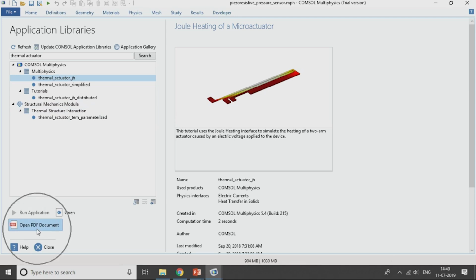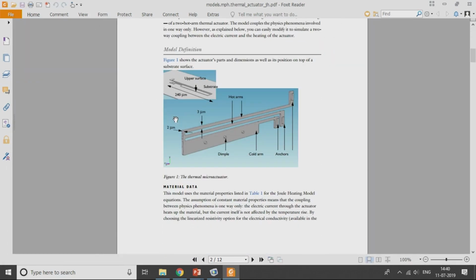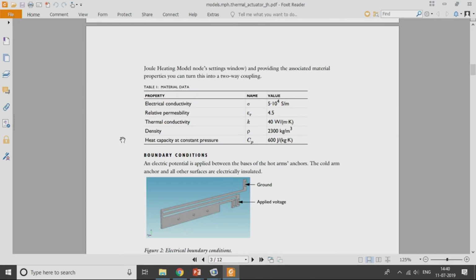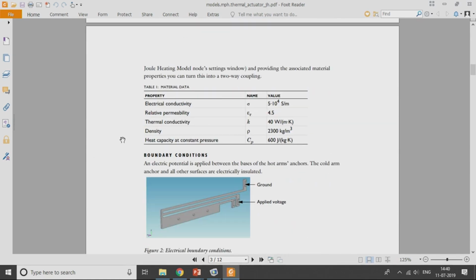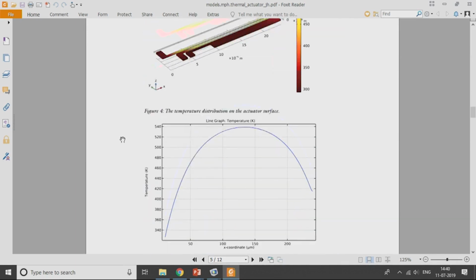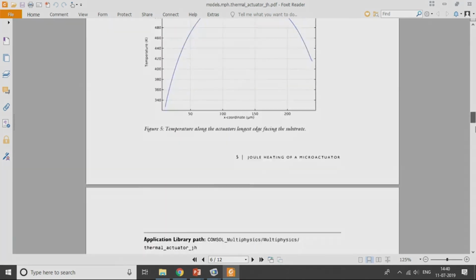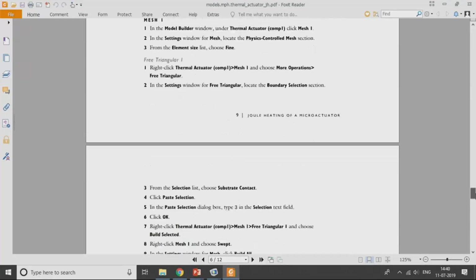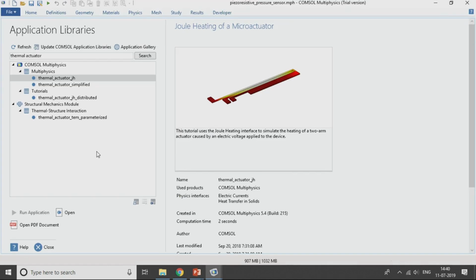You can click on open PDF document to know the theory part. So, you can see this is the documentation and it talks about the theory part, what kind of material properties we are giving, the different kinds of physics, the results, and the step by step process to make the complete model is also available. Okay. So, if you want to make from scratch, you can also do it by watching the PDF documentation, and if you click on open,